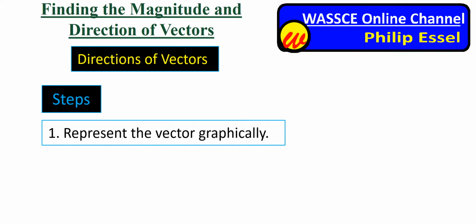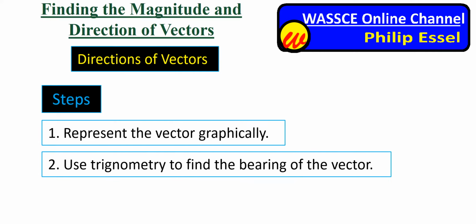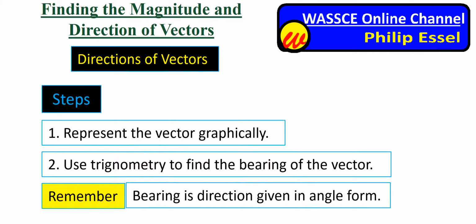So first, we would have to represent the vector graphically. We would then use one of the trigonometry rules to find the bearing of the vector. Let's remember that bearing is direction given in angles. Let's note that the specific trigonometry rule we'll be using is the tangent rule,